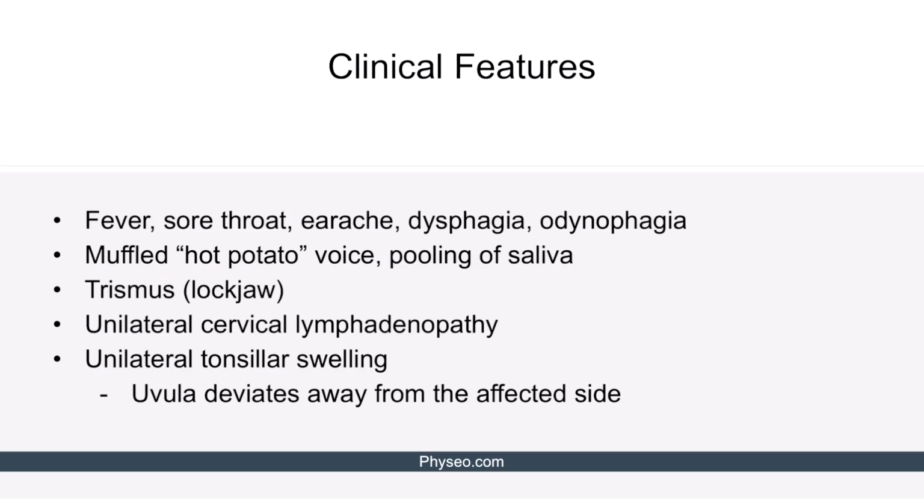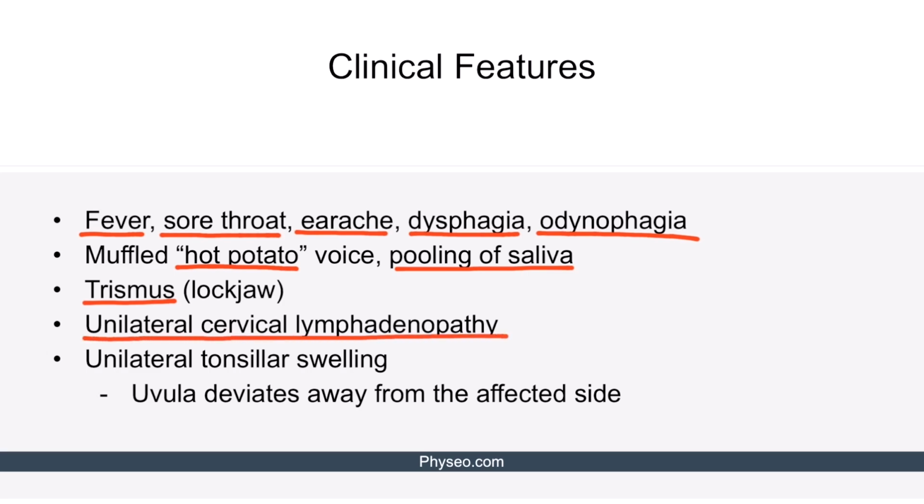Clinically, patients with peritonsillar abscess present with nonspecific symptoms, such as fever, sore throat, earache, dysphagia, and odynophagia, all of which can be seen in more mild oropharyngeal infections. Findings that are suggestive of a peritonsillar abscess include muffled, hot potato voice, pooling of saliva, and trismus, which means lockjaw. Classic physical examination findings include unilateral cervical lymphadenopathy, unilateral tonsillar swelling, and deviation of the uvula away from the